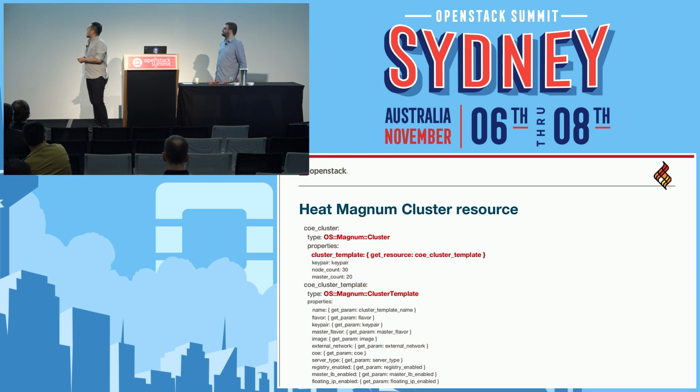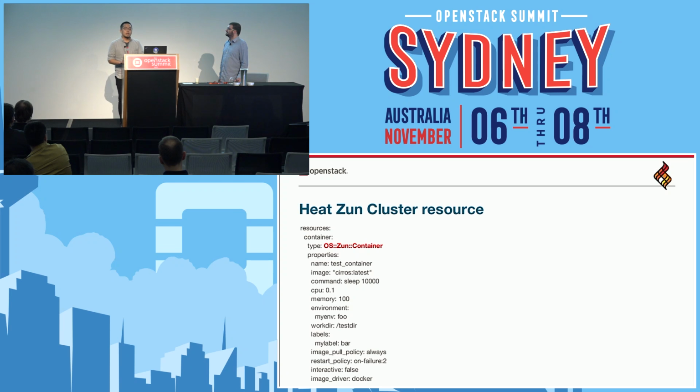And we have also updated our Magnum resources. Usually we only had the Bay and BayModel of the Magnum resource, but currently the Magnum project has already updated to the cluster. So we renewed our resources to align with the new Magnum resources. And a Zun resource as well. I heard some people are getting interested in using Zun, so if you're interested, maybe you can use the Zun resource inside of the Heat template to see what it can do for you.